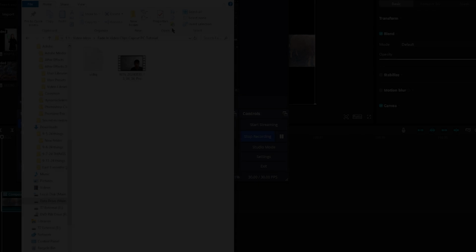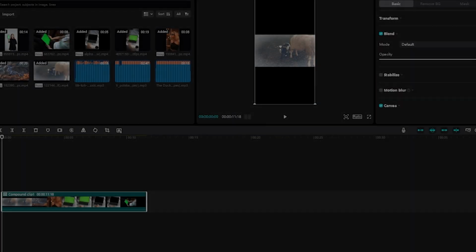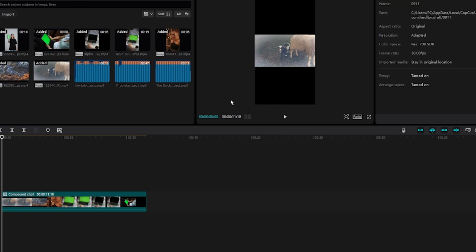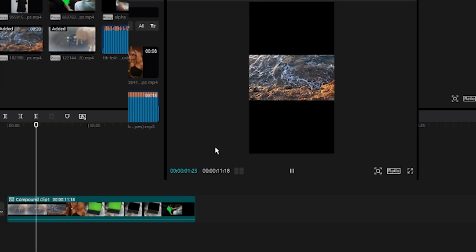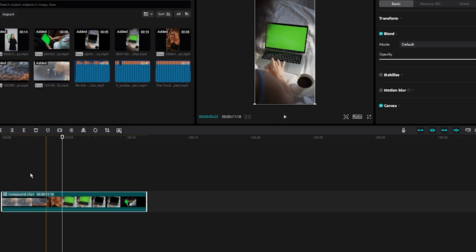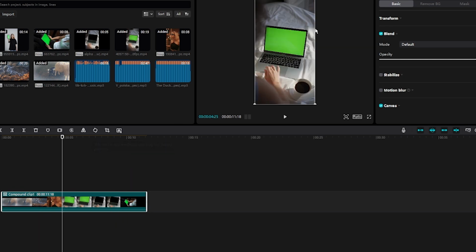Okay, so the first step to fade in a video clip or video clips in CapCut PC is to click or to highlight your video clip, then go to the top right hand screen. In this case, this is what we want to fade in. So again, click and select your video clip in CapCut PC, go to the top right hand screen and then